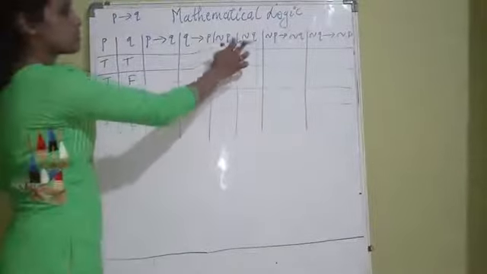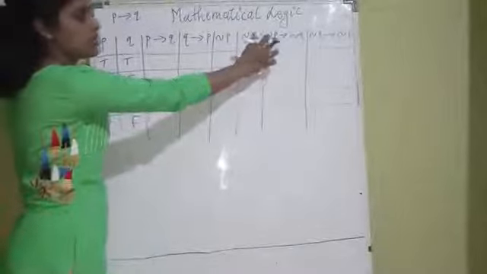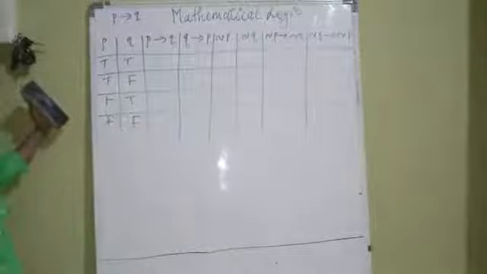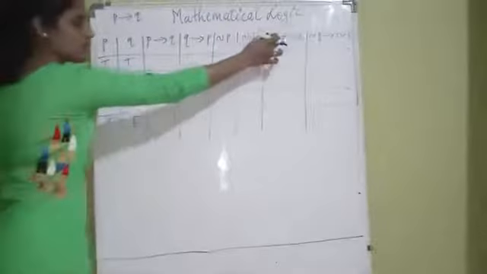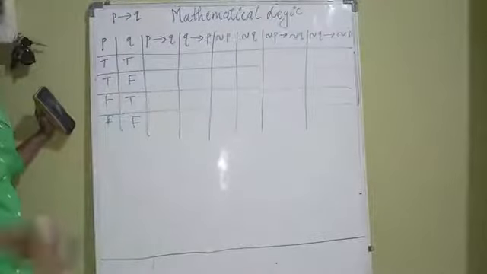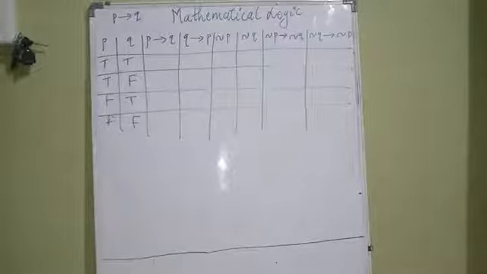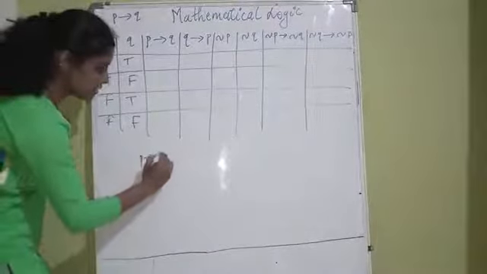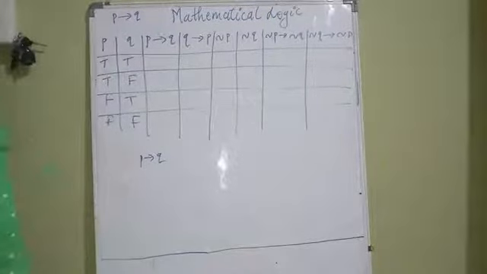So negation of P and negation of Q we need, because what we are having here is negation of P implies negation of Q, and negation of Q implies negation of P. So first we need to find the negation of P, negation of Q, then only we can apply these conditions. Okay. So now see here, P implies Q. P implies Q means what? Implication. It is the conditional statement. Correct? Conditional statement or implication.